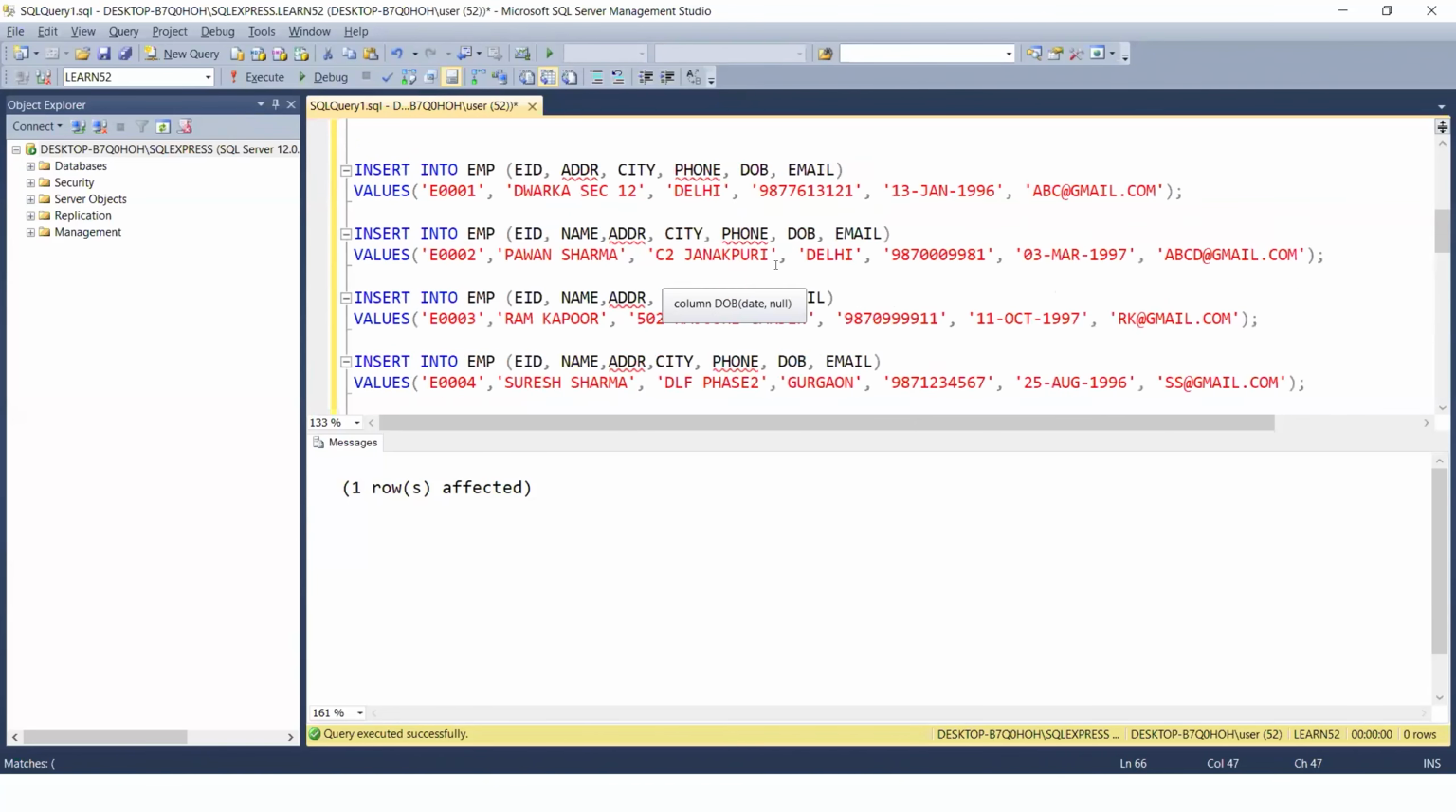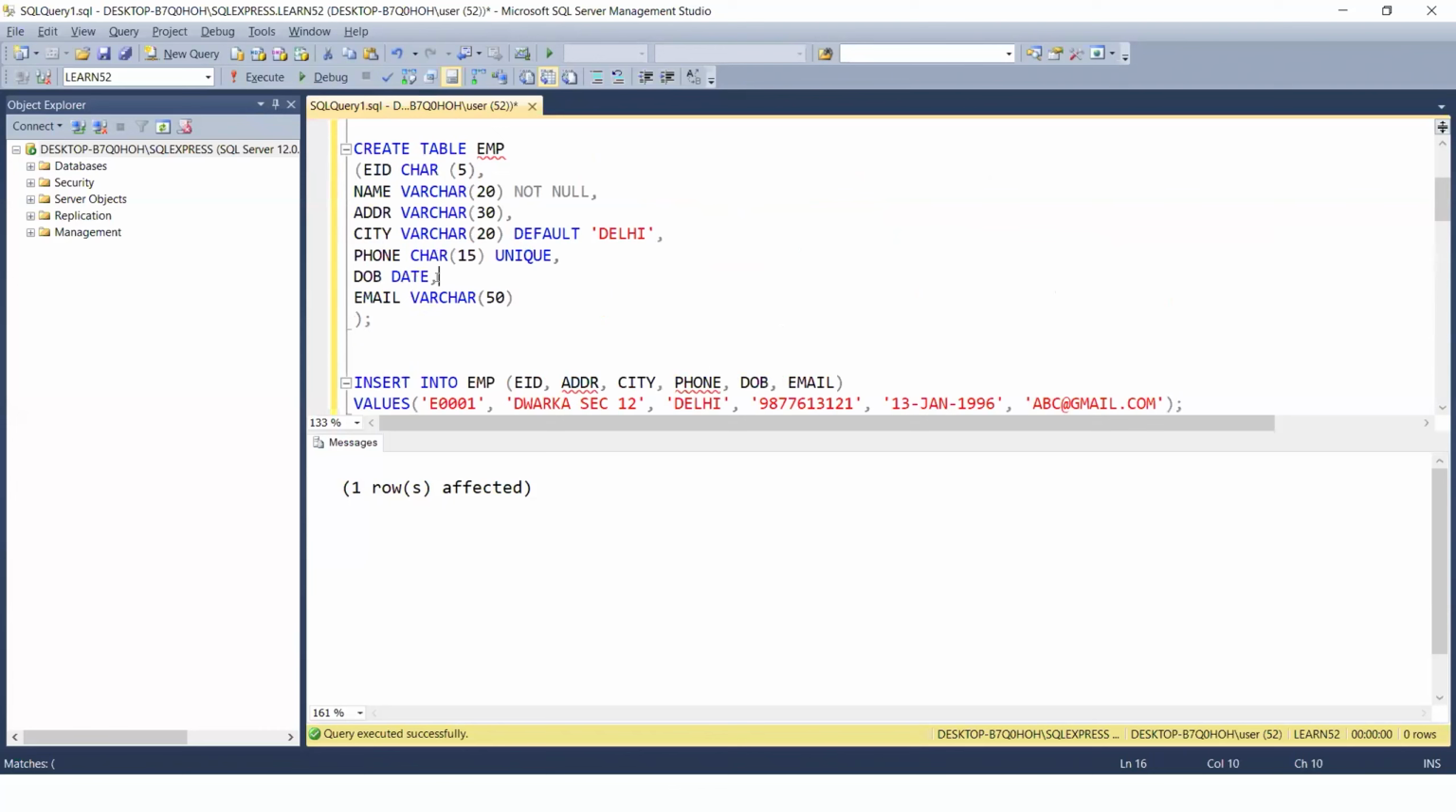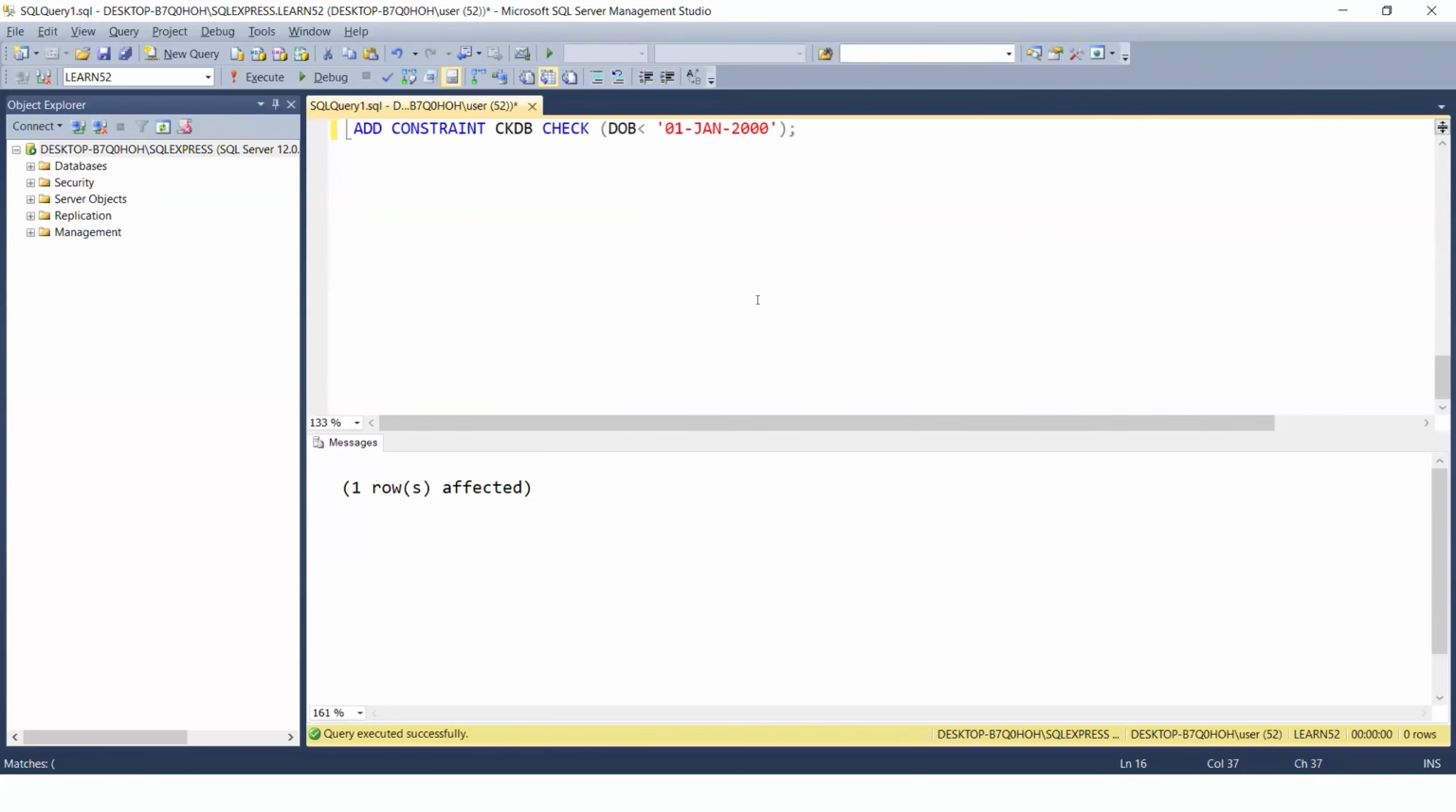And if you wanted to do it while creation of the table, you can put it over here like this. Check DOB less than this. Okay? So this was the check constraint. Now,